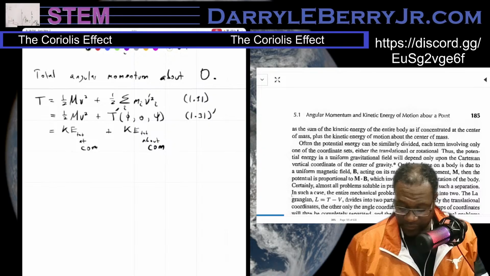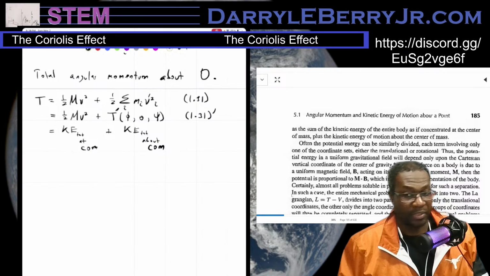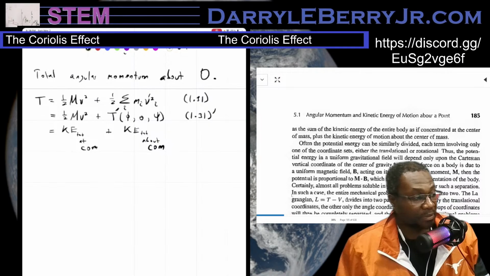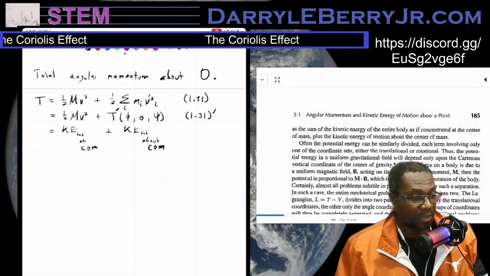So the kinetic energy of the movement of the center of mass and the kinetic energy of things spinning around the center of mass. Often the potential energy can be similarly divided, each term involving only one of the coordinate